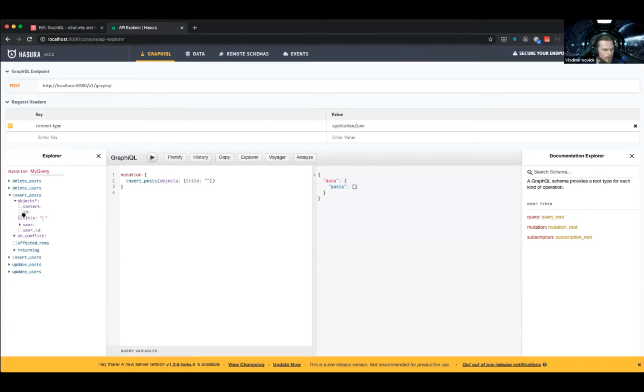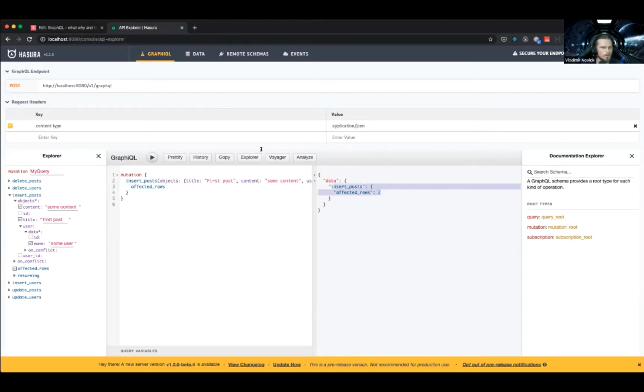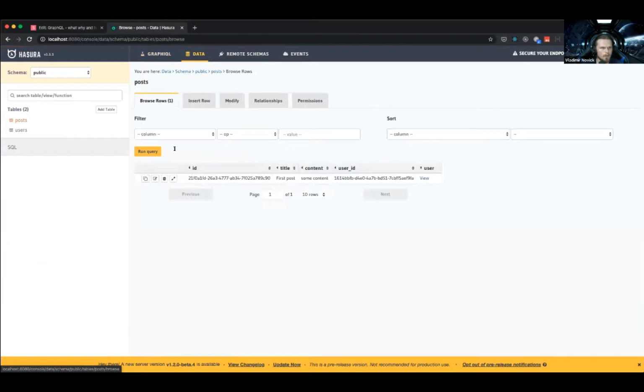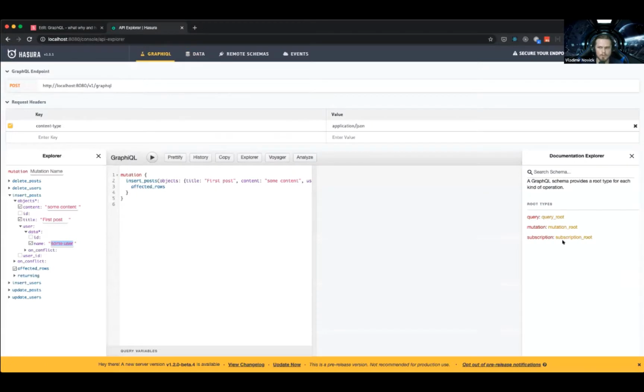Title will be first post, and I will have a content, some content, and I will also insert a user and username, right? And I want to return the affected rows. Now, if I run that, I will see 2 affected rows. If I go to my data tab, I will see posts and I will see users, right? So everything, you see, like in a couple of minutes, I already have GraphQL API with even subscriptions. I can even subscribe to changes and get real-time updates here.